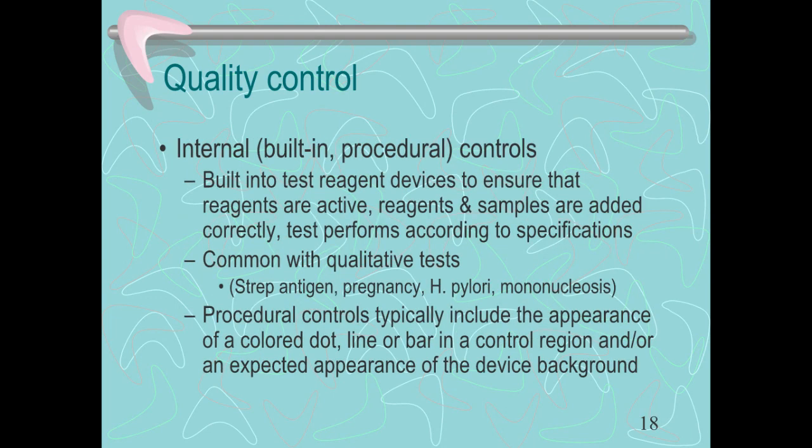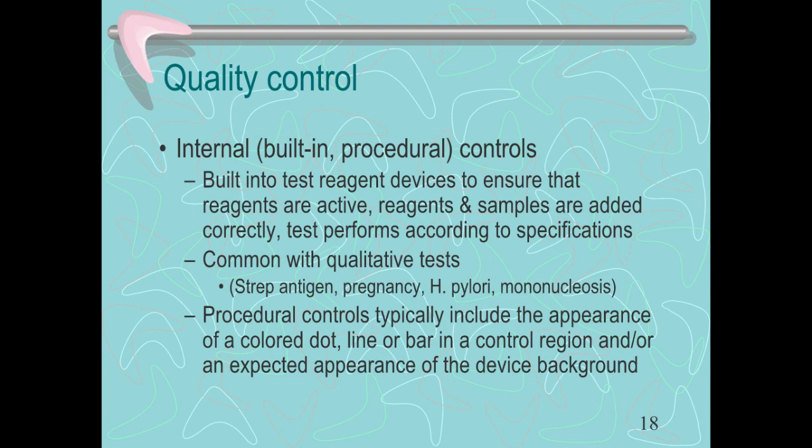Internal controls, those are built in. A lot of proton machines have built-in controls. A lot of the other automated systems have an internal control, and it does it every so often. It's a built-in test reagent device to ensure that reagents are active and that the samples are added correctly and the tests are performed according to specific